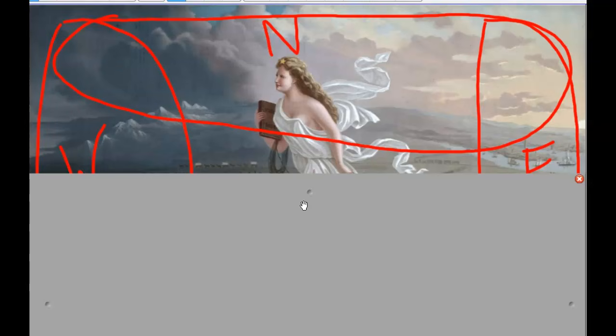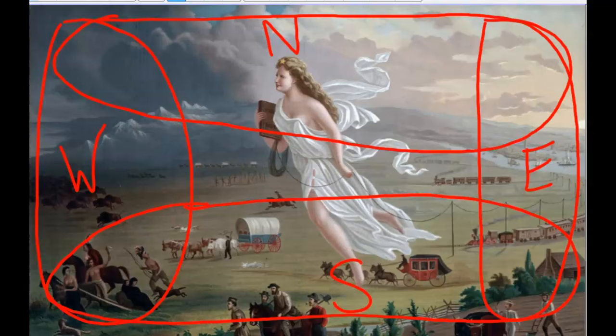All right, so I wish you the best in analyzing this painting and in answering any questions that I may offer for you in terms of what does American Progress say about what was happening in the 1800s, and maybe even what is the artist trying to say about what Americans are doing as we move from east to west and differences in different parts of the country.